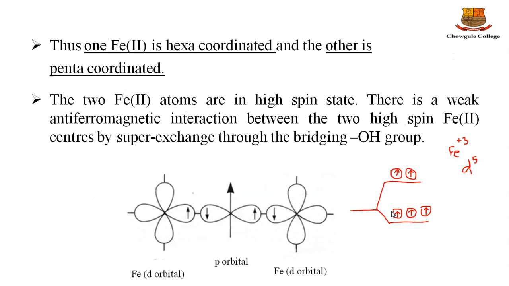Thus, like I've already mentioned, one Fe is hexa-coordinated and the other is penta-coordinated. The two Fe ions are in a high spin state. There is a weak antiferromagnetic interaction between the two high-spin Fe+2 centers by something called superexchange through the bridging hydroxyl group. If you know a bit of the coordination